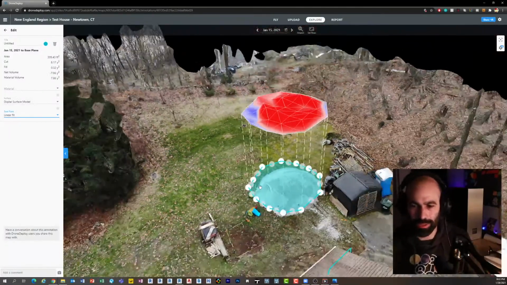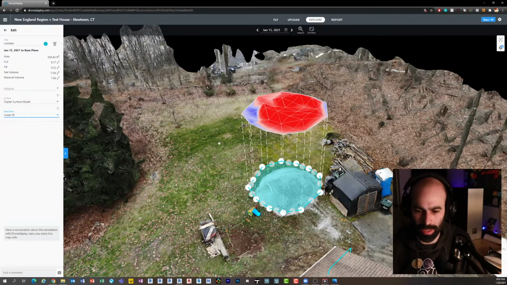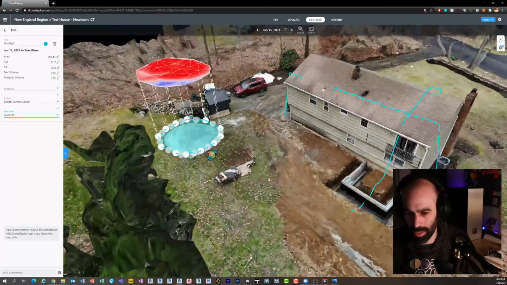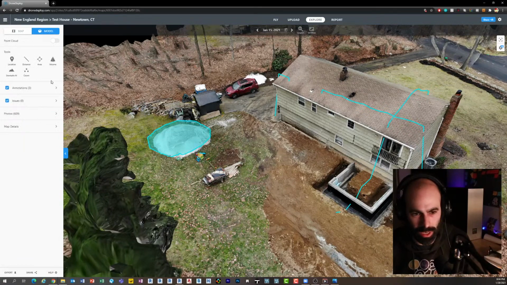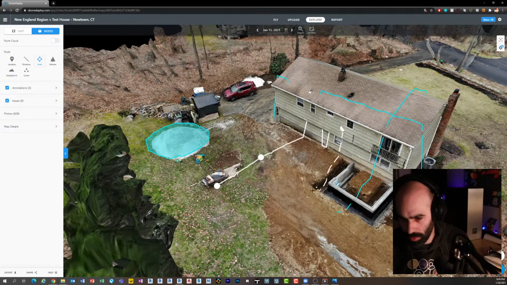But again, think about how this was created. This was a 10-minute flight from a $600 drone uploaded to the software. I mean, the capability and what's happening just in this app alone is bonkers. You could obviously do things like areas. So if I wanted to quickly check, oops, I just went way into the house there. If I wanted to quickly check the area here,